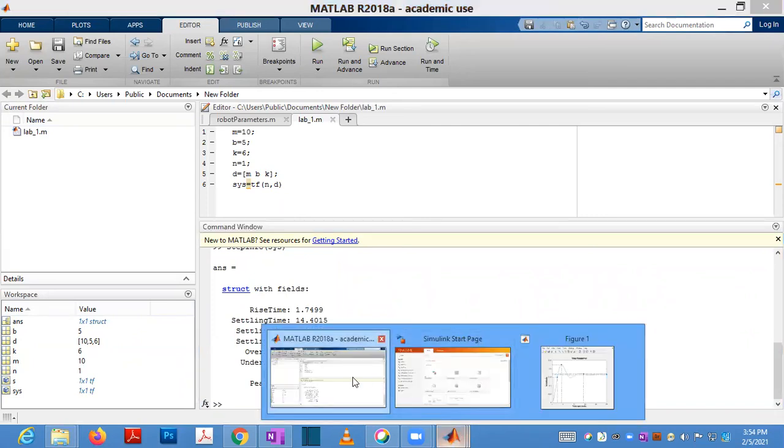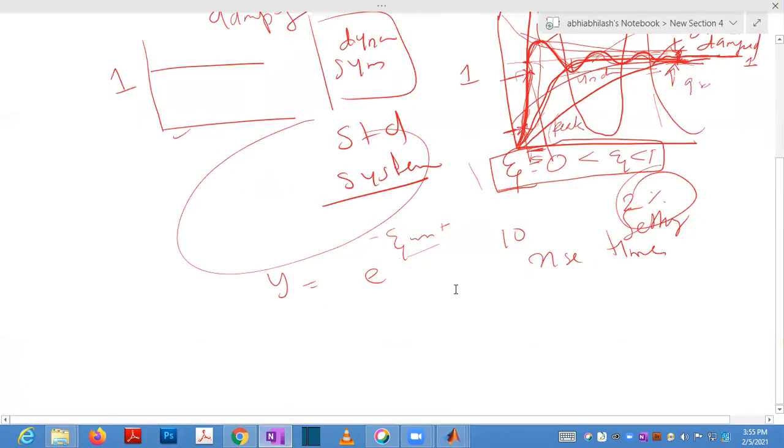There is a ramp response also. If you apply a ramp input, you get that response, called the ramp response. But most of the time, for stability analysis, you use a bounded input. Step input is a bounded input. So you use bounded input, bounded output stability notions with step input. Ramp is unbounded.